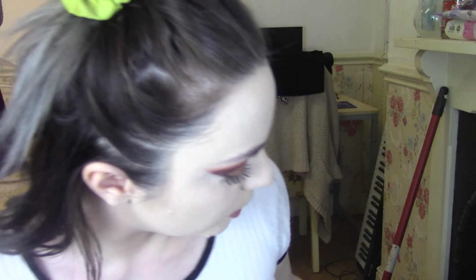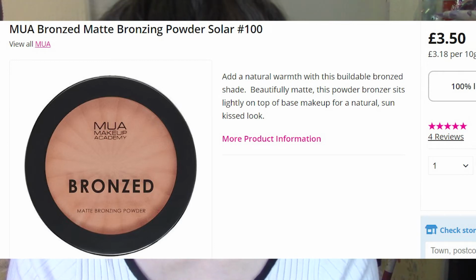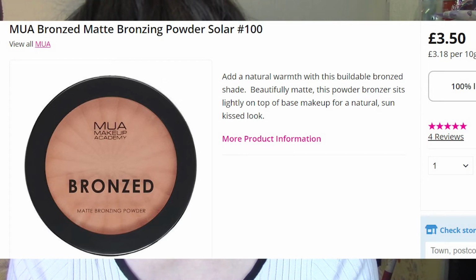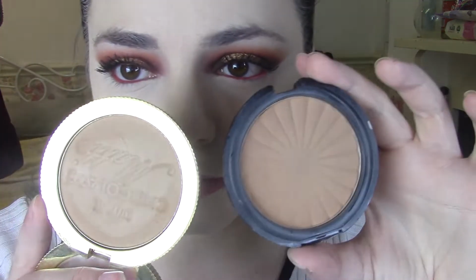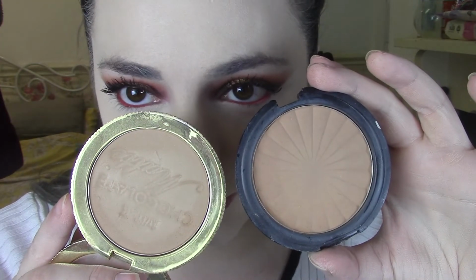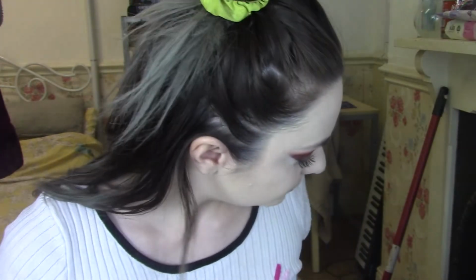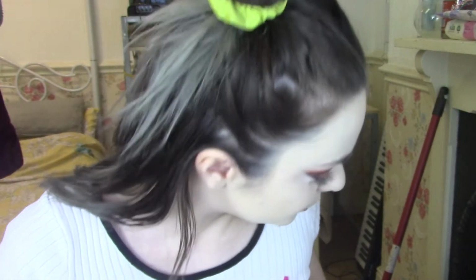I felt like this one from MUA, which I have broken the lid of, this is the MUA Matte Bronzing Powder in Solar 100, I felt like they were kind of similar in tone. I don't know if that actually looks like it on camera, but again, I was trying really hard. I felt like it was the closest one I could find, and they literally look the same on the skin, so